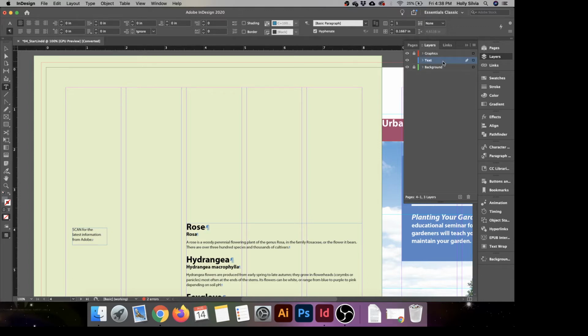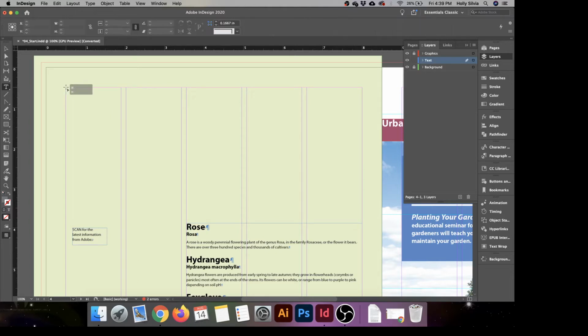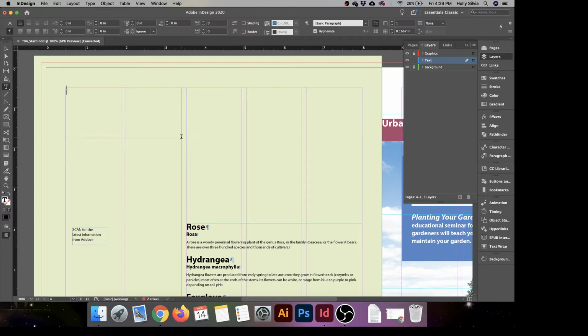So I'm going to go up to text, and you should see that my cursor changes to the type tool. So I'm going to click at the corner of that margin there, and I'm going to go all the way over to the second column and drag it so it's about an inch tall. You don't have to be very exact because we'll go ahead and fix that later on, but make sure you have at least an inch so that way you have some room to work with. And first up, what we're going to type is featured,